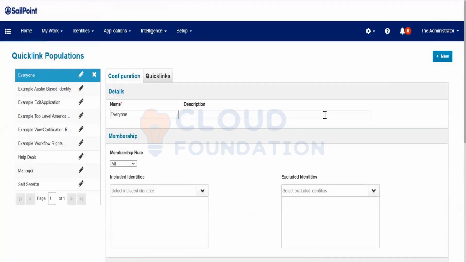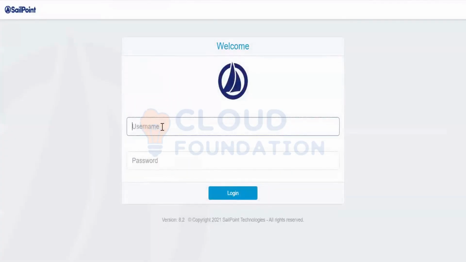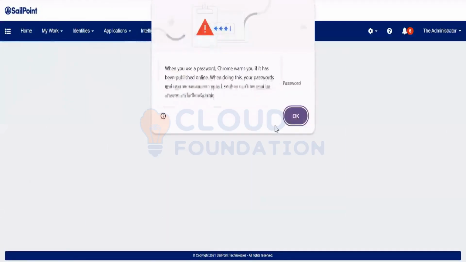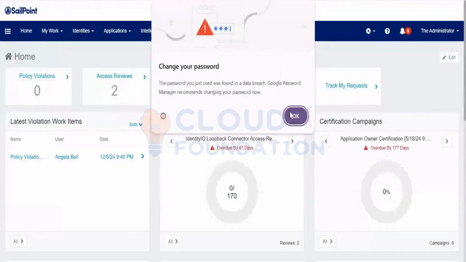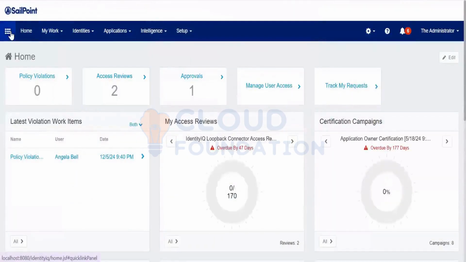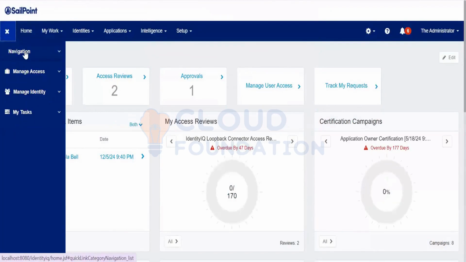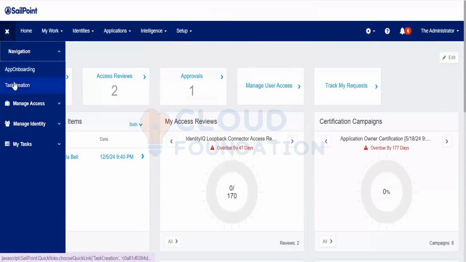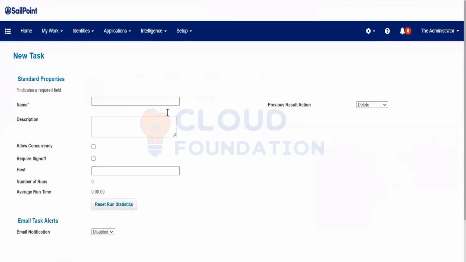Now we followed all three steps. Just log out and log in. Now just go ahead and click on this hamburger menu. I could see navigation is first. Just expand the navigation. I could see the quick link object, also task creation. Just click on that. It will navigate to the task